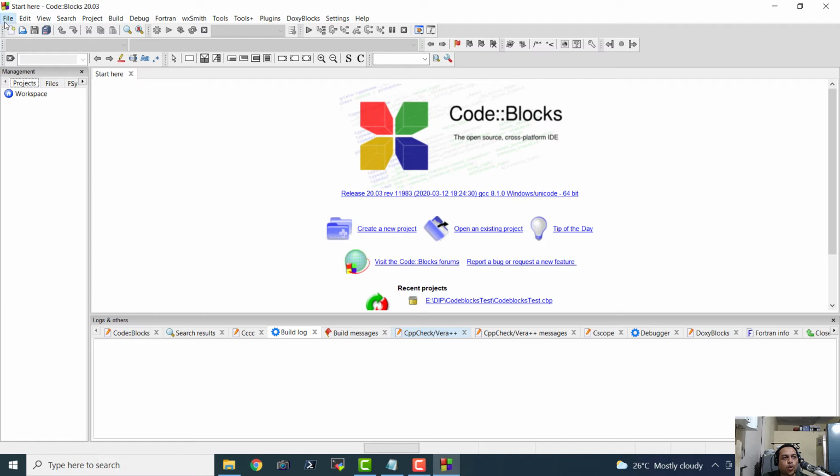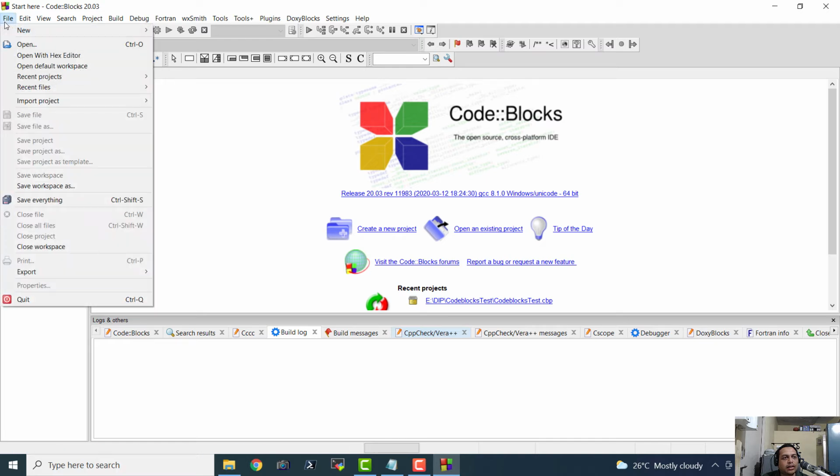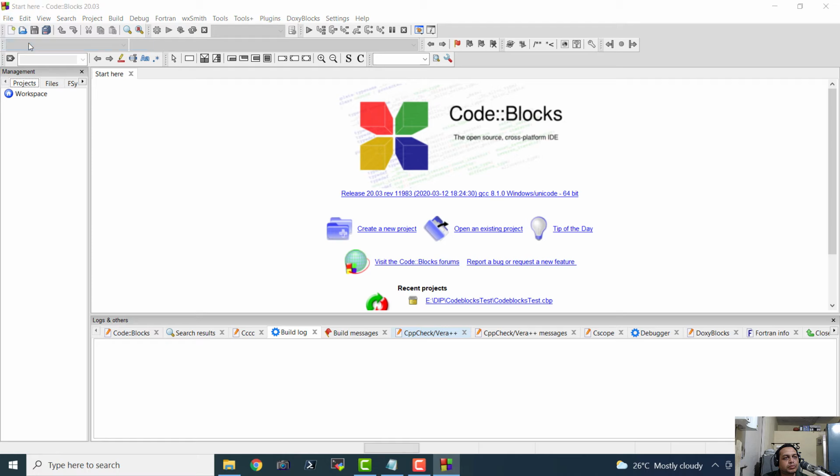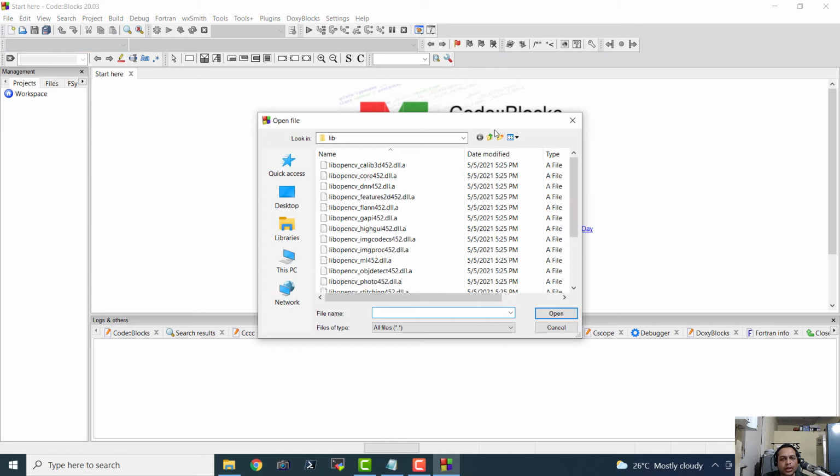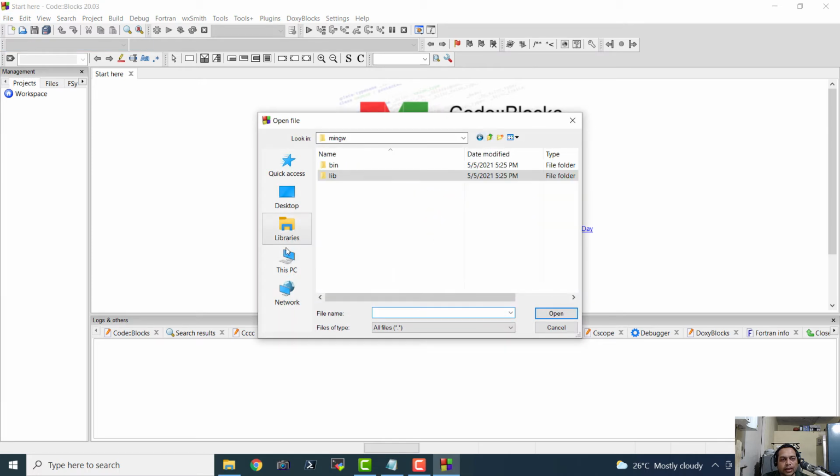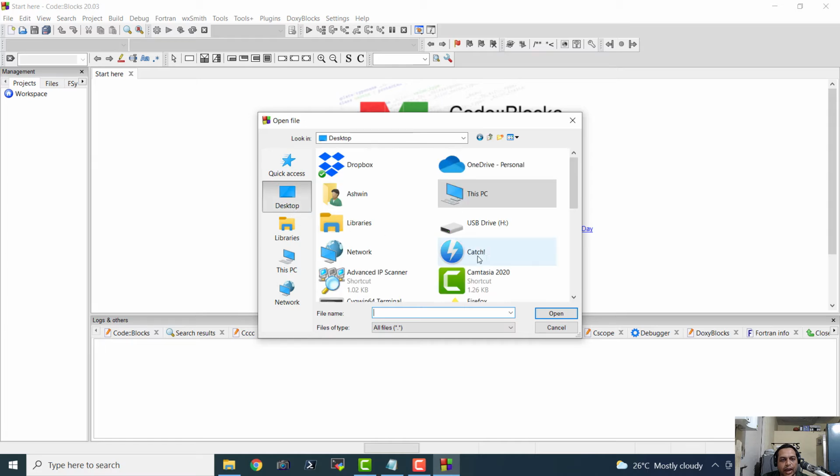Now I'm going to open a file. Okay, so let us go ahead and see how we can open a file. Okay, so let me go to the desktop, and here we can access the D colon. Where is the D colon?